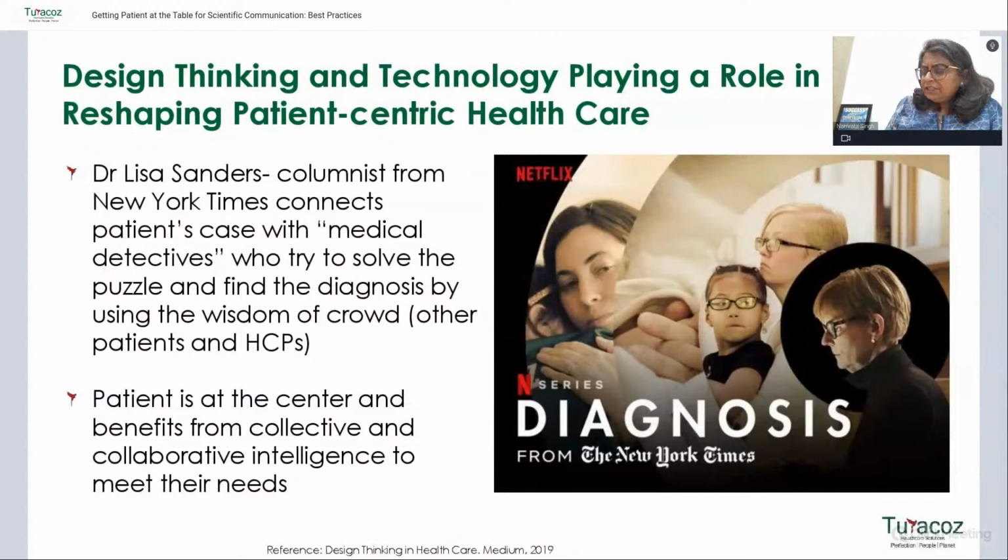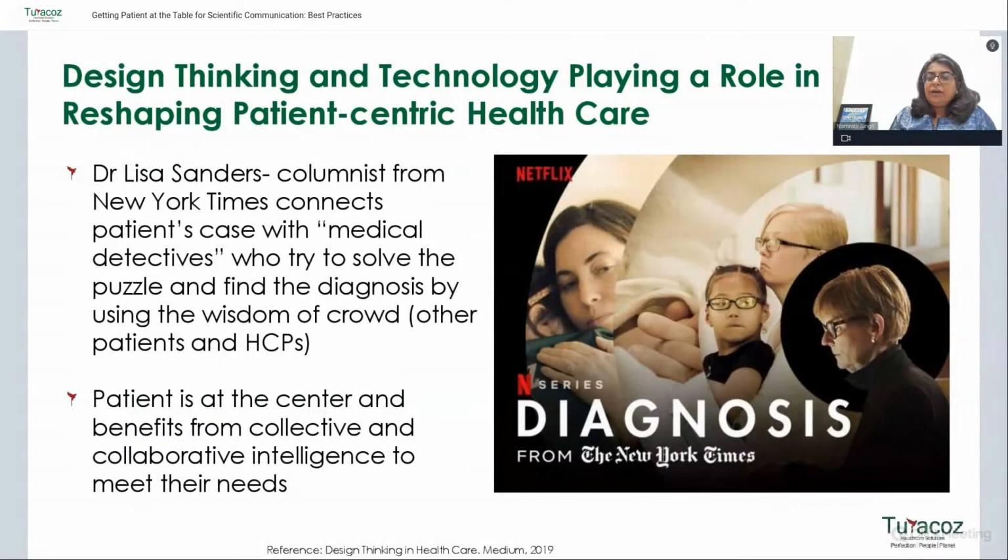Now, this series shows certain patients who have not been diagnosed by their doctors, by their hospital, and they are still searching for a diagnosis. We're talking of something where the patient might be having excruciating pain or is not able to sleep. The one which I saw was a 20-year-old girl who had myopathy, and she had extreme pain, and she was a very athletic person. Because of that pain, she was not able to do what she wanted to do. She was not able to go hiking, and the doctors were not able to diagnose her.